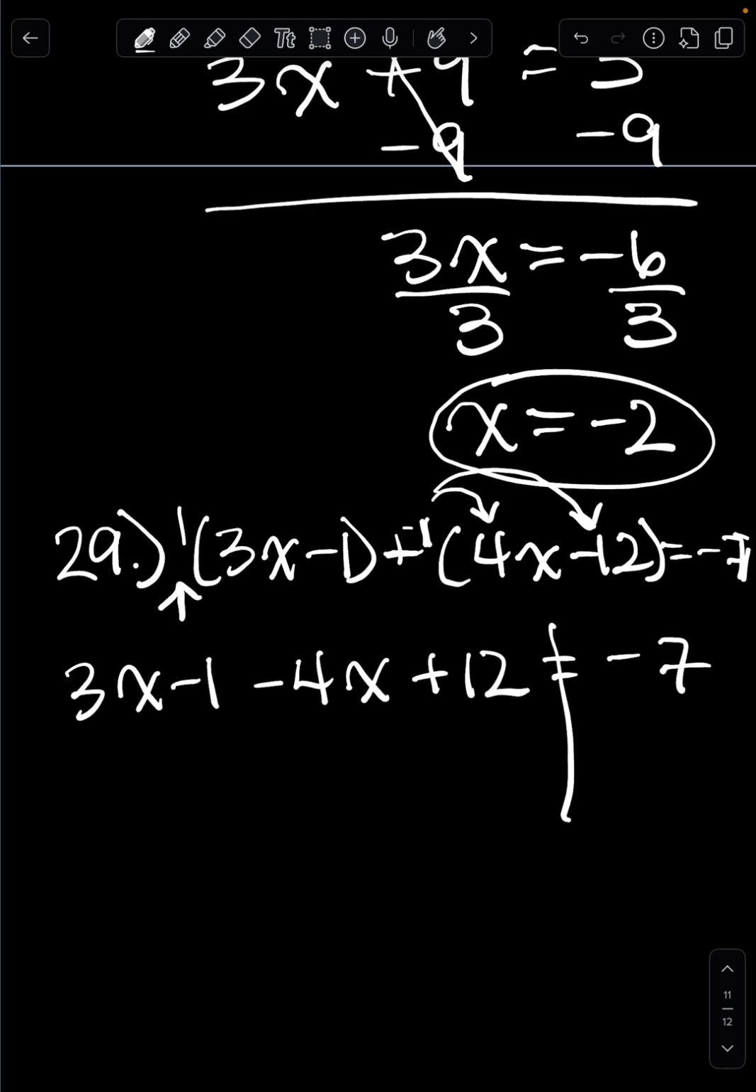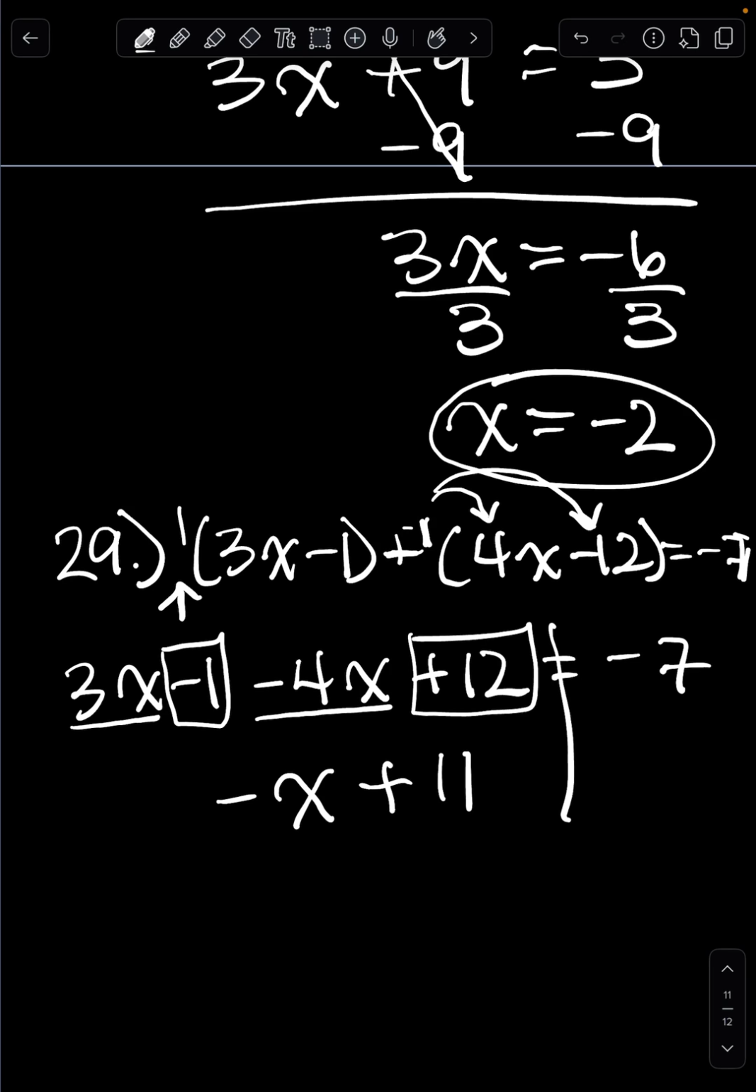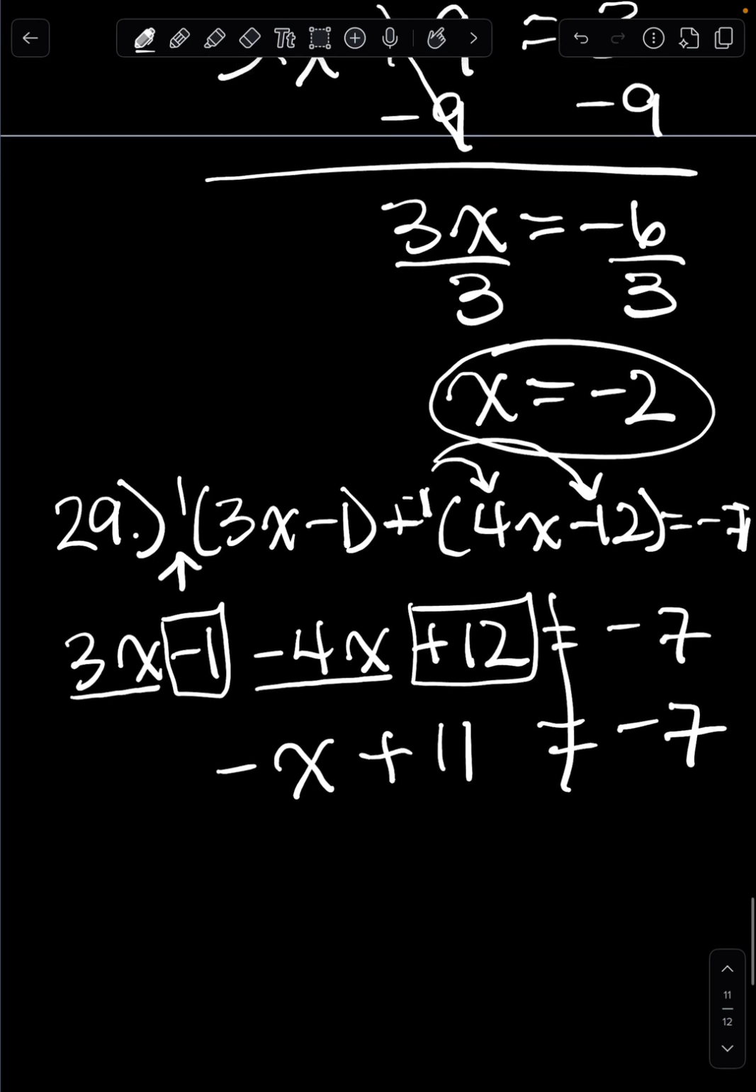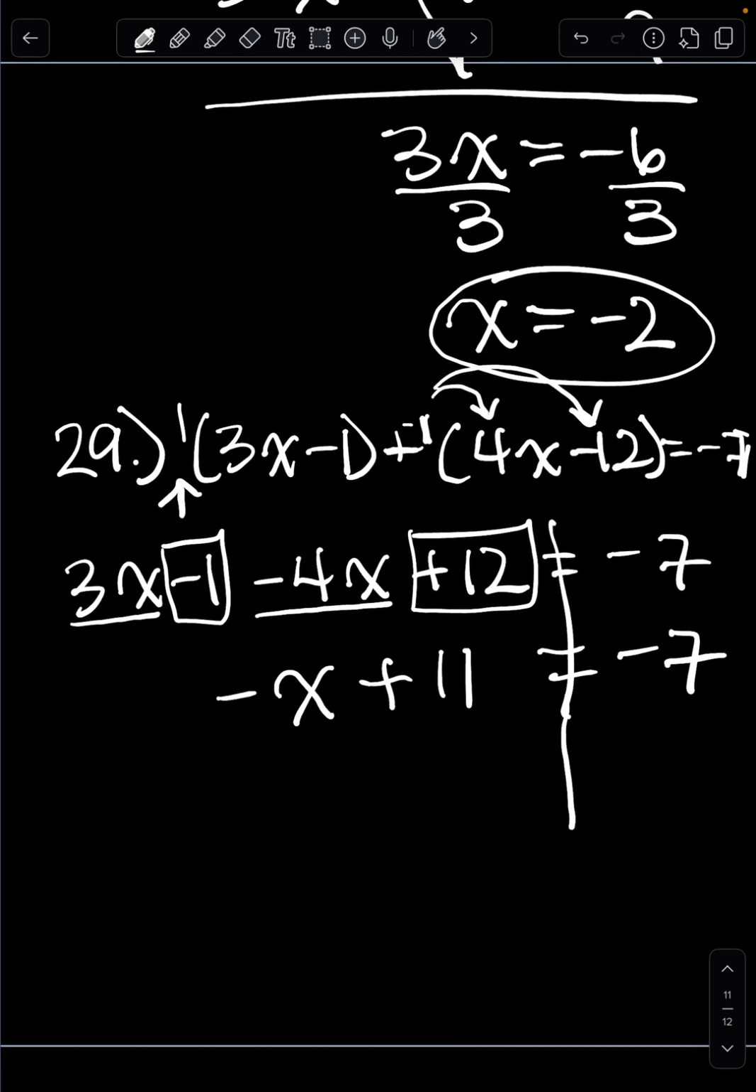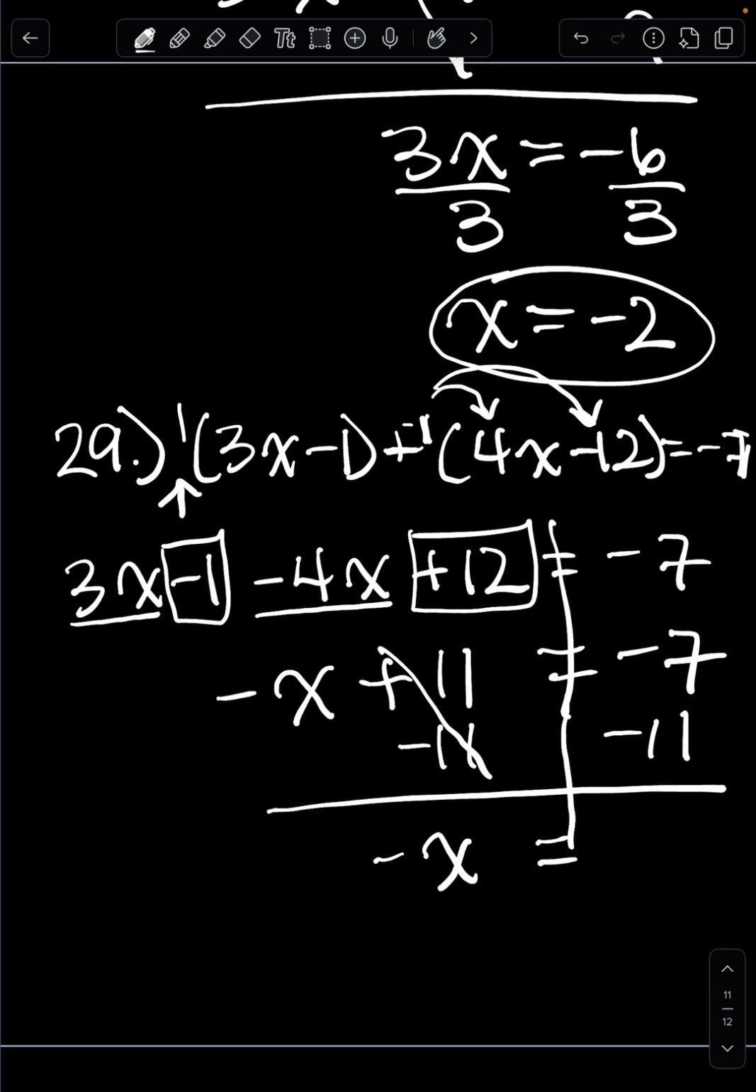Okay, let's look for like terms on one side of the equal sign. I see a 3x. I see a negative 4x. Those are like. I see constants negative 1 and positive 12. So 3x and negative 4x is a negative x. Negative 1 and 12 is 11. That equals negative 7. All right, minus 11 on both sides. Keep that negative in front of the x. Equals, we've got the same sign, so we find the sum